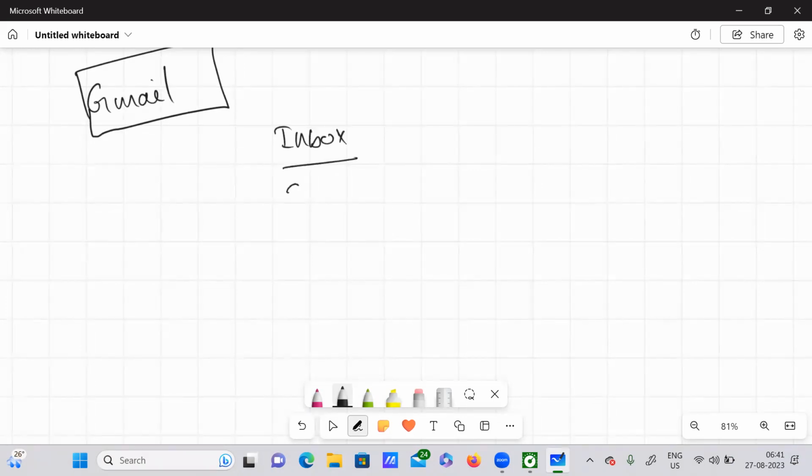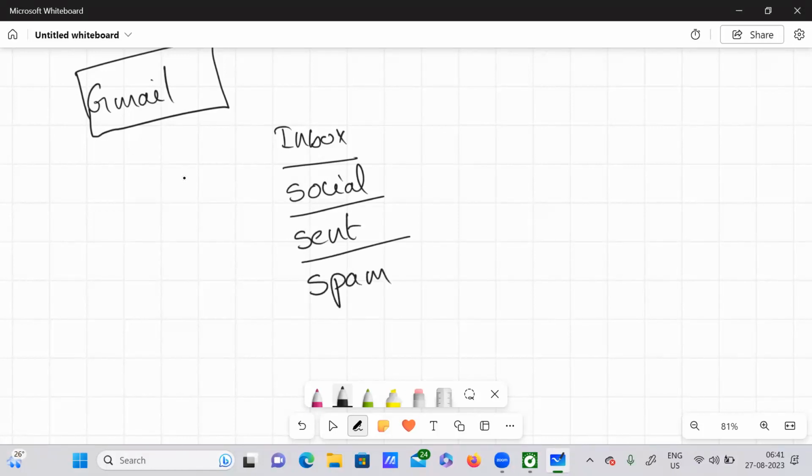After that, we have social, a section for YouTube, Twitter, and all the other social media accounts registered through your Gmail account. Then maybe sent items, and after that you also have a section called spam. So this is your spam here.